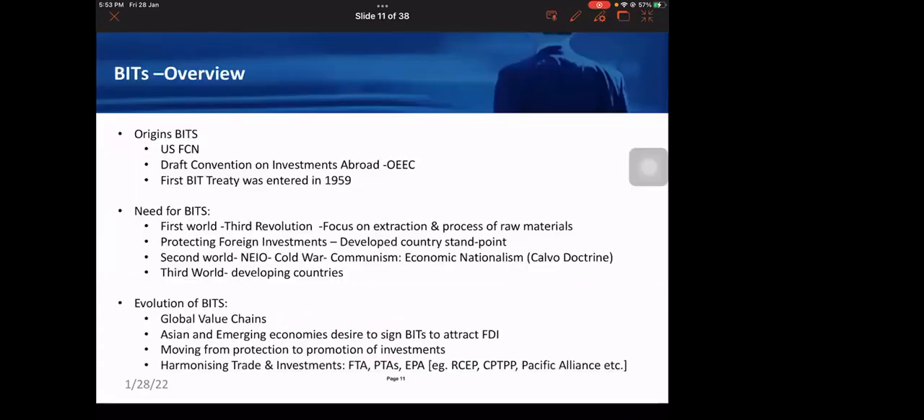Now, the bilateral investment treaties. If you see, I use the term bilateral investment treaties, but elsewhere I mentioned bilateral investment protection agreements. Previously, it was called BIPA, bilateral investment protection agreements. So now just to go back to how it emanated,